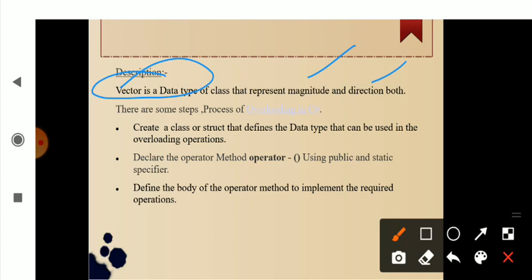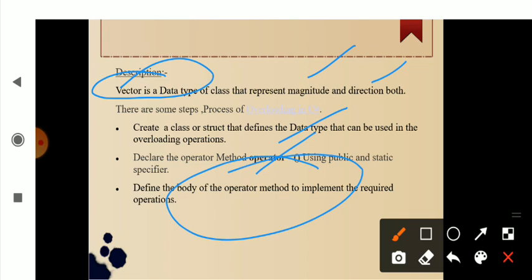There are various processes considered in the overloading concept. In a class, you have to define the data type. That is the important thing: you create a class, and in that class you define that particular data type with the operations. When declaring the operator method, you specify it as public and static, and it is implemented with certain operations.